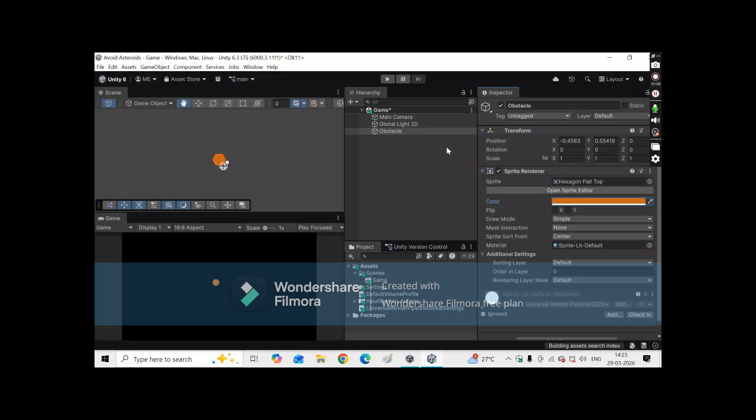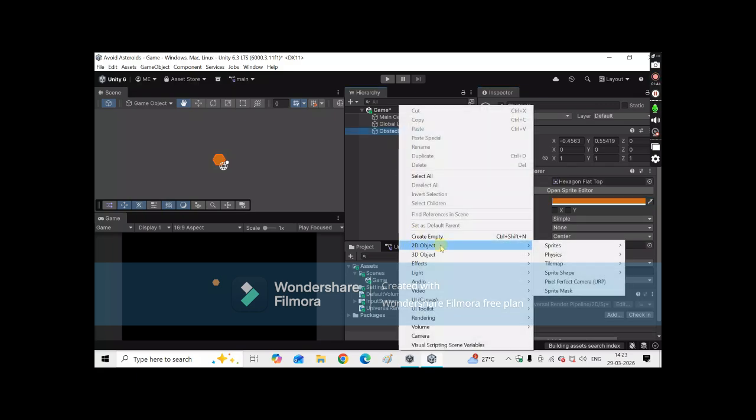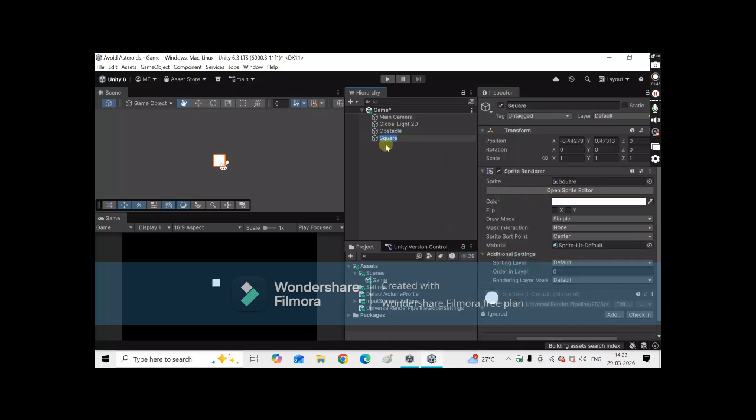Now we will add borders for the game. Right click and create another 2D object, sprites, and then a square. Rename the square to border underscore top.